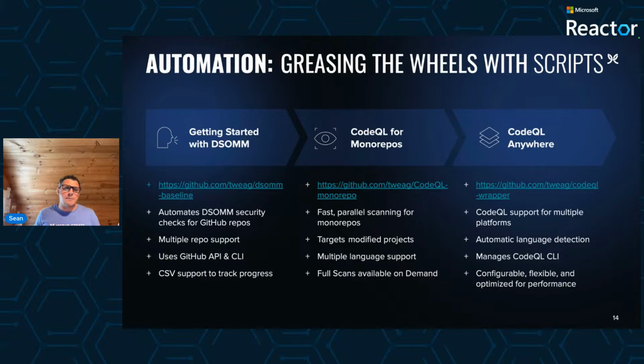The CodeQL wrapper provides a universal interface for running CodeQL analysis, making it much easier to adopt across diverse environments. It works with both monorepos and single repositories, removing a common challenge for enterprises with complex code bases. And because it's CI/CD agnostic, it runs seamlessly in Jenkins, GitHub Actions, Azure DevOps, Harness, and other platforms, reducing integration friction.